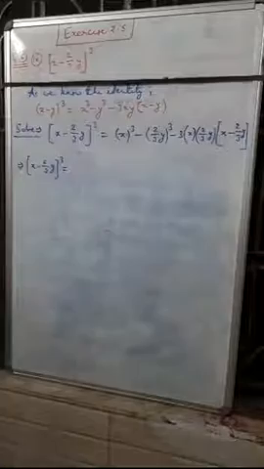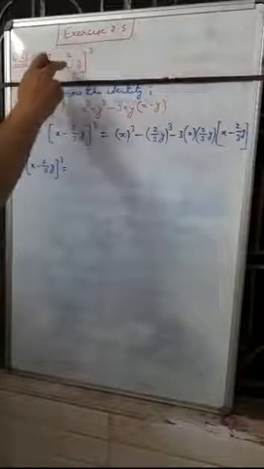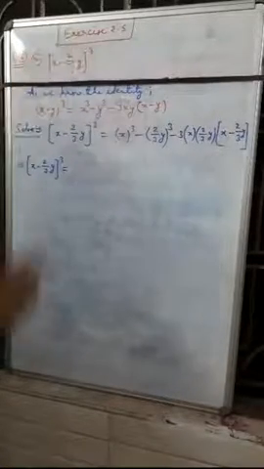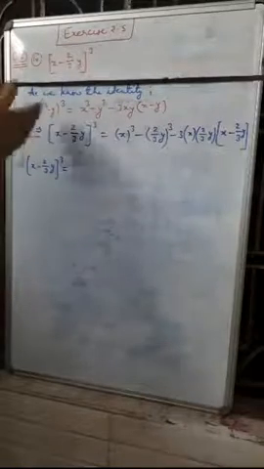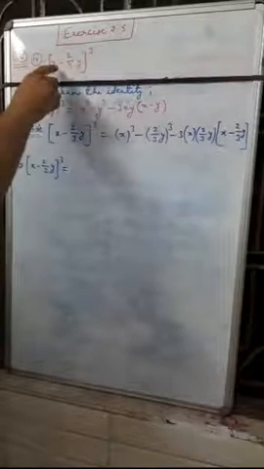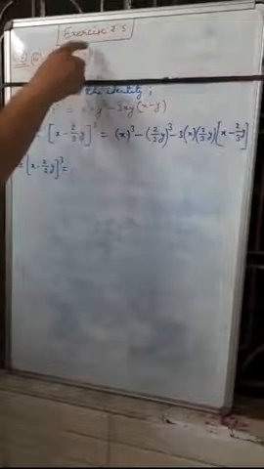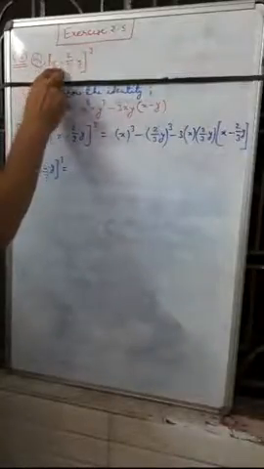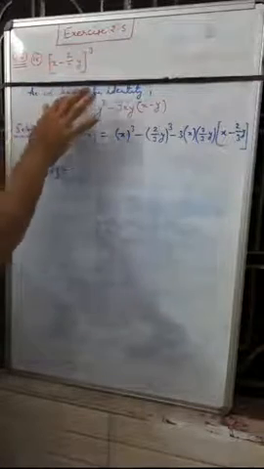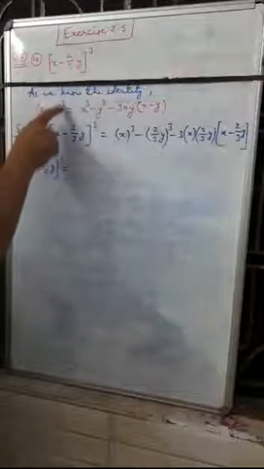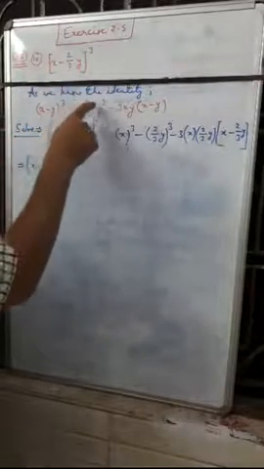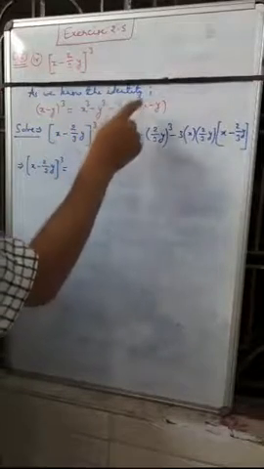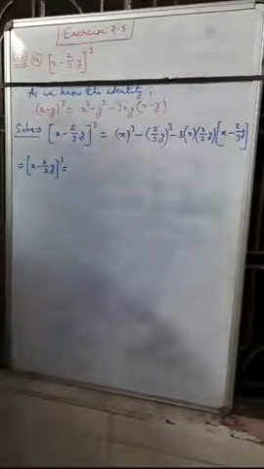Students, we are solving the next question, question number 6-4. Write (x - 2/3 y) to the power 3 in expanded form. As we know the identity from the previous question, (x + y) whole cube, now here we are using a minus sign because in the problem it is given x minus 2 by 3y. So as we know the identity, (x - y) whole cube is equal to x cube minus y cube minus 3xy (x - y).